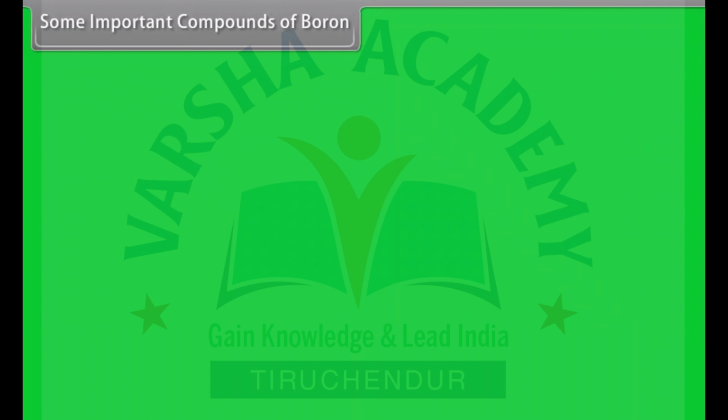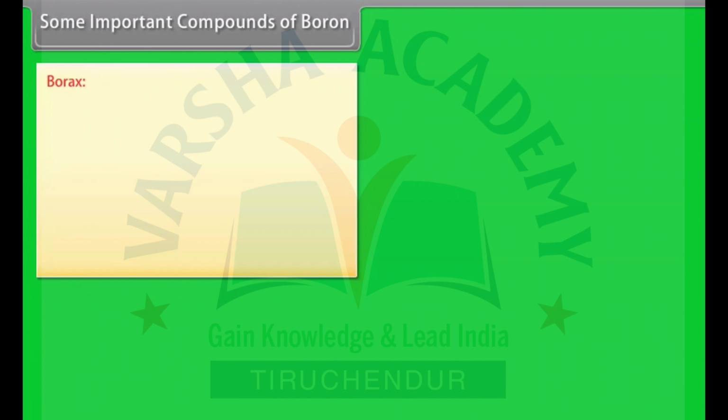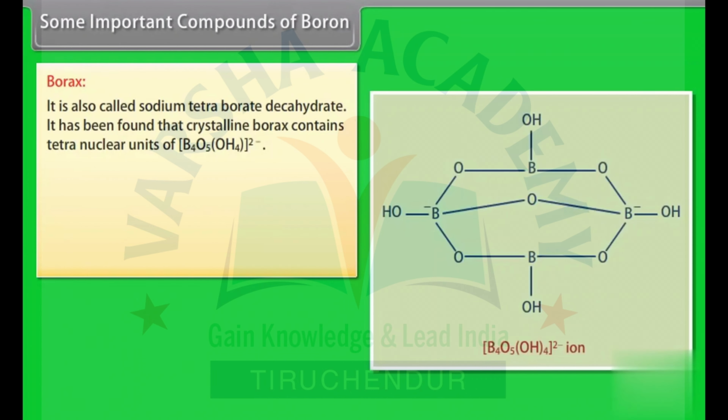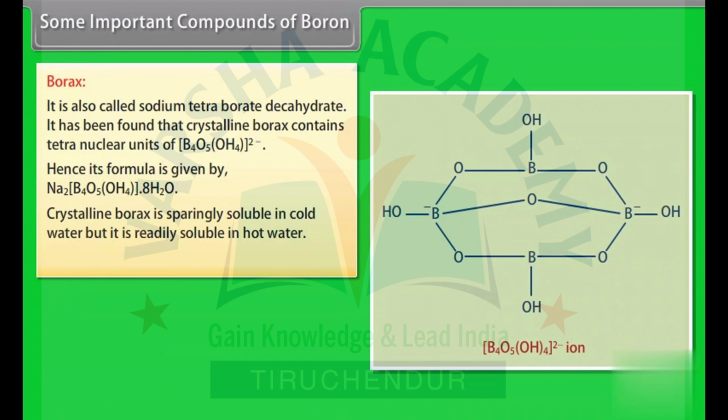Some important compounds of boron. Borax. It is also called sodium tetraborate decahydrate. It has been found that crystalline borax contains tetranuclear units of [B4O5(OH)4]2-. Hence, its formula is given by Na2[B4O5(OH)4]·8H2O. Crystalline borax is sparingly soluble